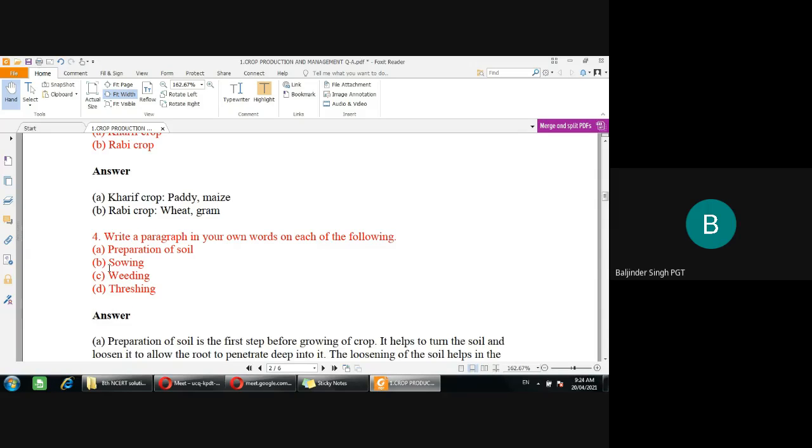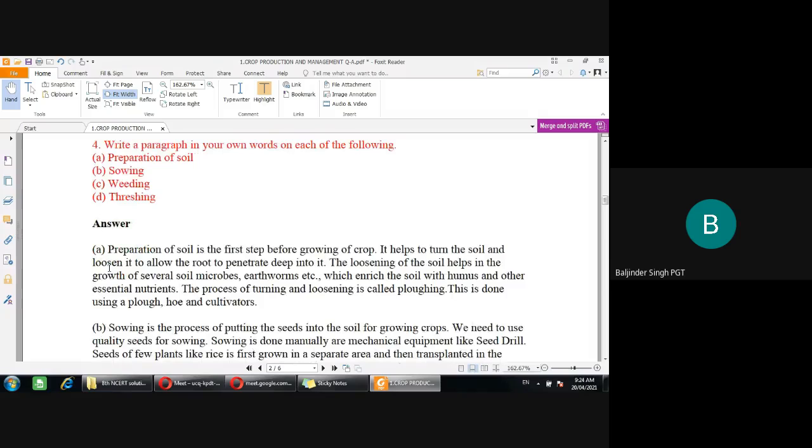So these are the topics: preparation of soil. Then sowing, मतलब sowing of seeds. Weeding, मतलब removal of weeds. Threshing, मतलब separating the seeds from the chaff. So preparation of soil में there are different steps like plowing, okay, then loosening the soil, all this. So this preparation of soil is the first step